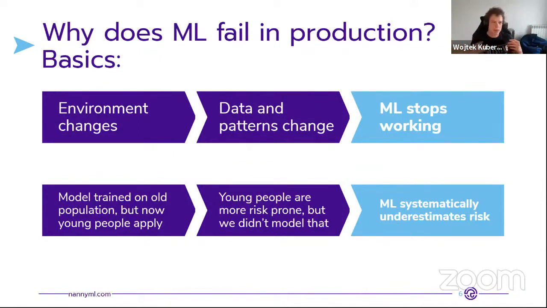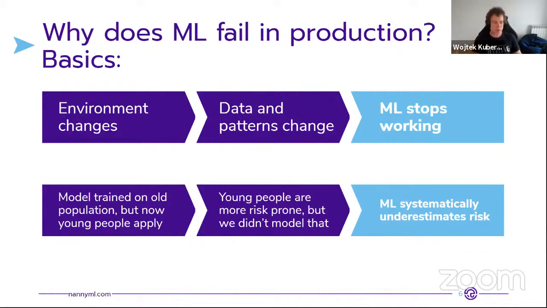But as time passes, the environment changes. So the input data and the patterns between the inputs and the outputs, of course, will also change. And that means that your model is no longer a good representation of reality. So it will stop working and fail silently. Here, to have a very specific example, let's assume that the model has been trained on the whole population, but now